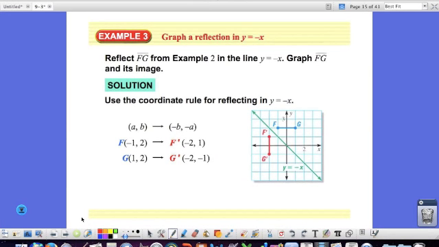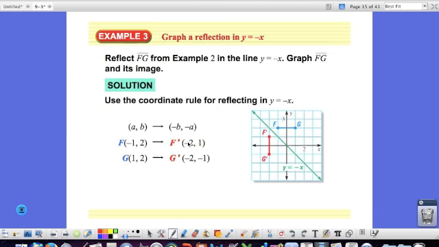So now in example 3, they want us to reflect in y equals x. So we have that same original line of FG. Remember our rule for graphing a reflection in y equals x is that the A and the B values switch and you get the opposites. So instead of having a -1 here in your x value, the opposite of A is 1, and that becomes your y value. And for 2 in B, your x value, and your y value for F becomes your x value